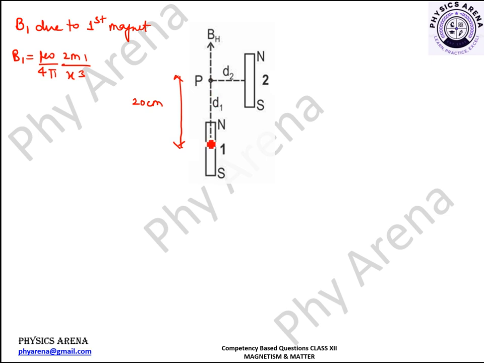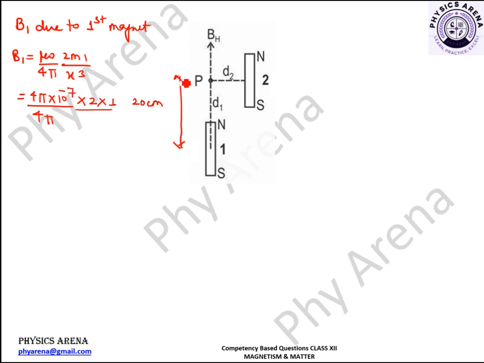Since this point P is along the axis of the first magnet, we will use the formula for the axial magnetic field. It will be 4 pi multiplied by 10 to the power minus 7, that is the value of mu naught, divided by 4 pi, multiplied by 2 into 1. The value of M1, the magnetic moment of bar magnet 1, is 1 ampere meter square,